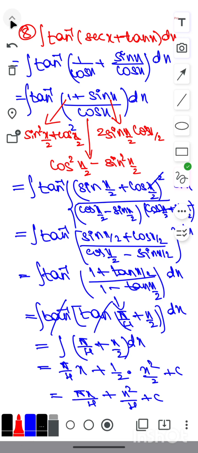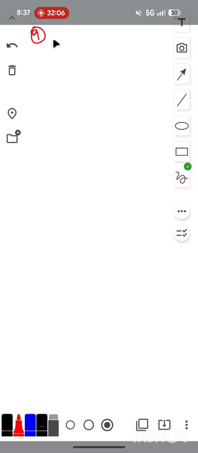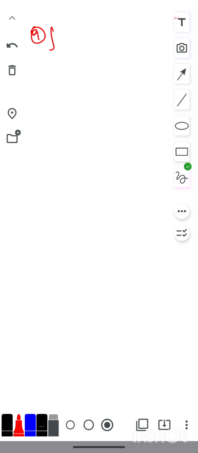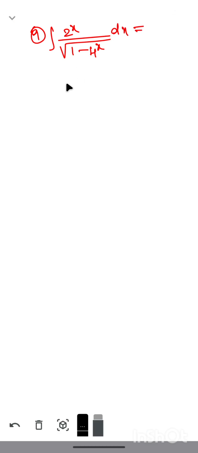Ninth question is integration of 2 to the power x whole divided by root of 1 minus 4 power x into dx. That is equal to k into sine inverse of 2 power x plus c. Then the value of k is,